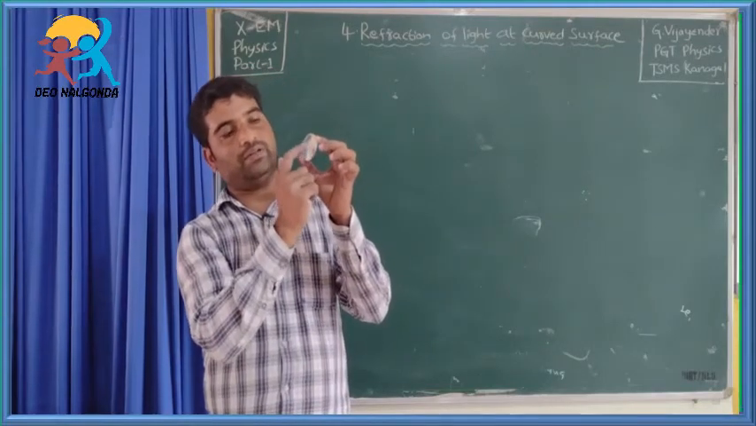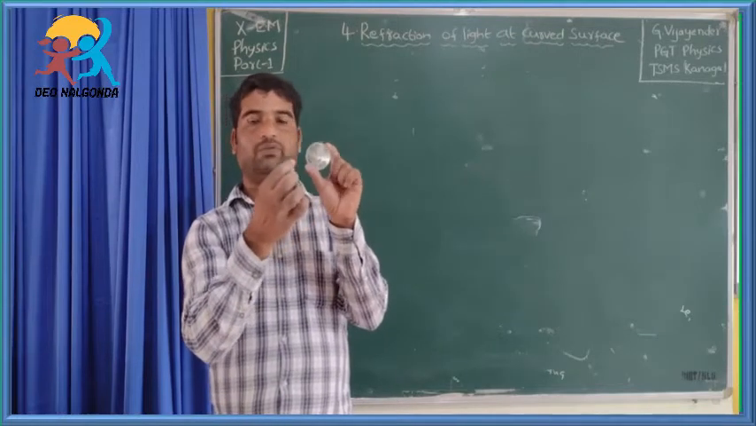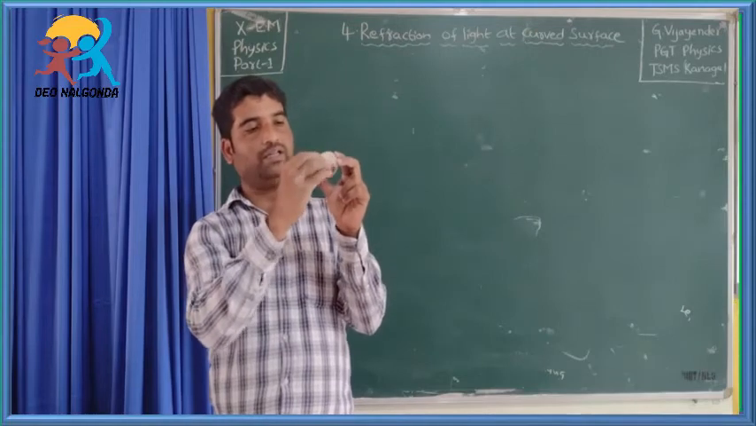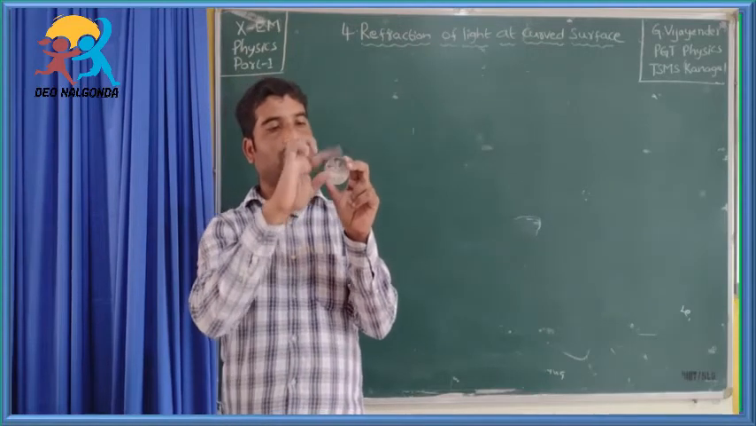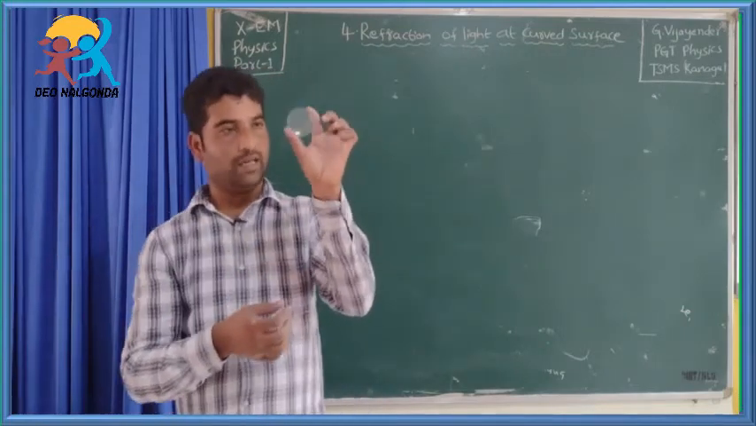This is one reflecting surface, the outside coated part. This is an opaque surface, an opaque body. When light falls on it, it is reflected back. It cannot pass through this body. Whereas, this is the lens